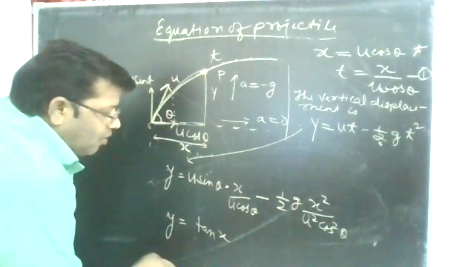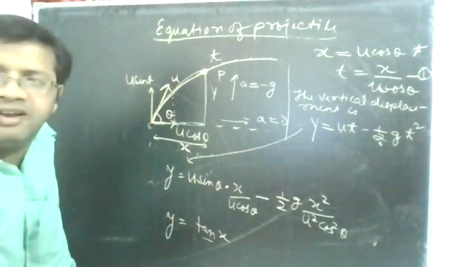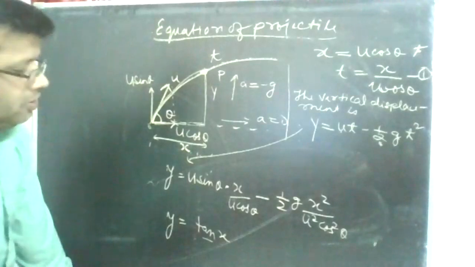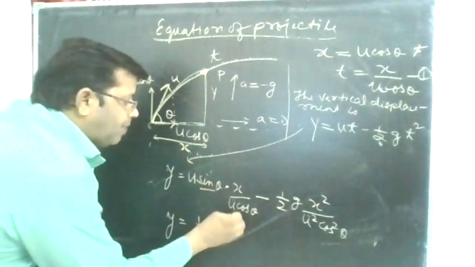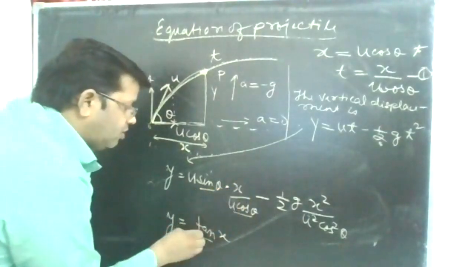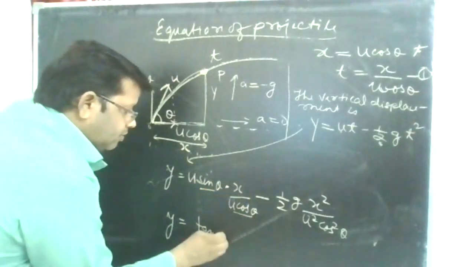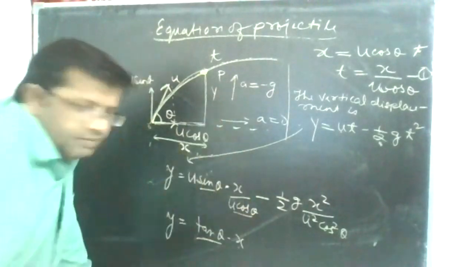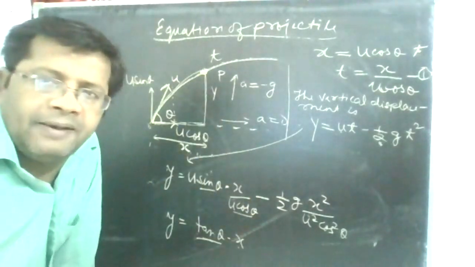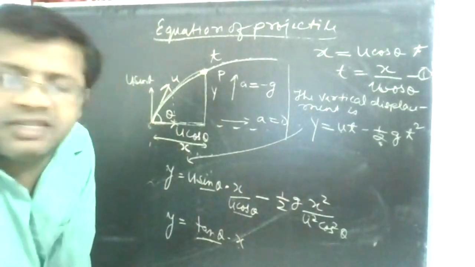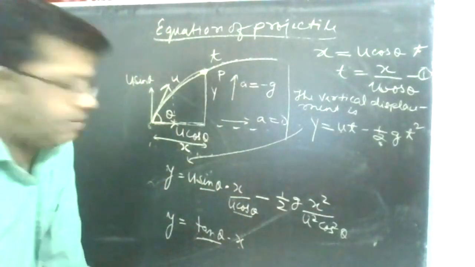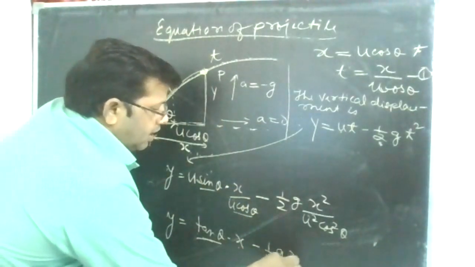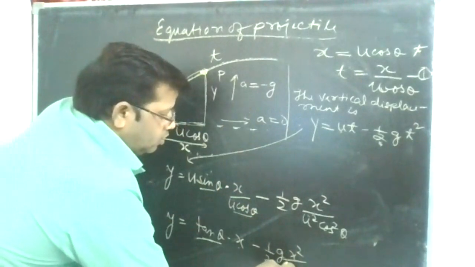Let us see here, what is the slope? Tan theta. I will explain. Sin theta by cos theta, tan theta, into x. Just like in the previous case, mx: in the case of a straight line, the slope was m. Here the slope is tan theta, minus half g x square by u square